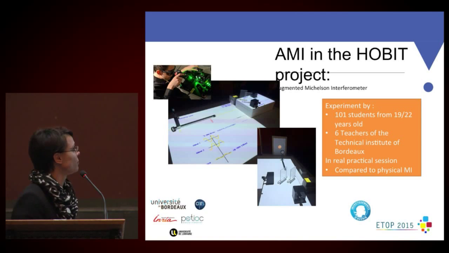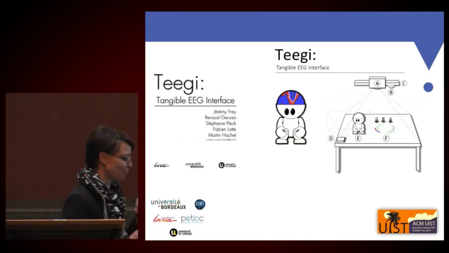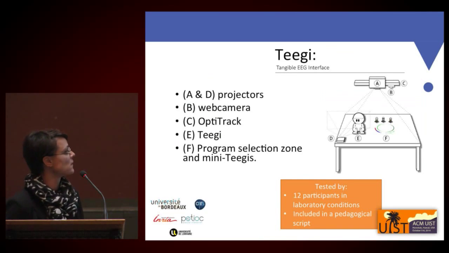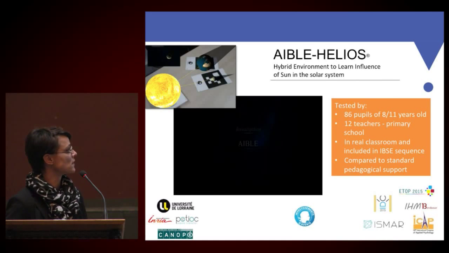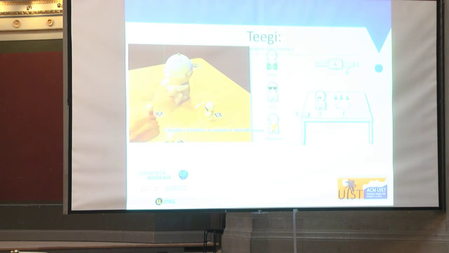Another type of interface is TG, developed in collaboration with Inria in France. This is TG, a tangible EEG interface targeted at novice users interested in how the brain works. EEG visualizations are typically hard to understand for novice users. With TG, your brain activity is displayed on a puppet in real time. For example, you can see which brain zones are active when moving your right hand. The whole interaction takes place through a tangible interface to enhance attractiveness and to optimize the learning and understanding of cerebral activities.